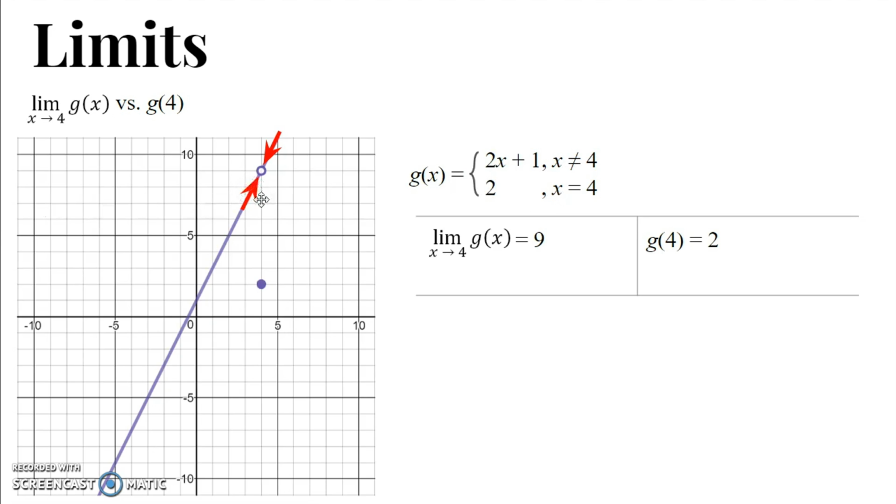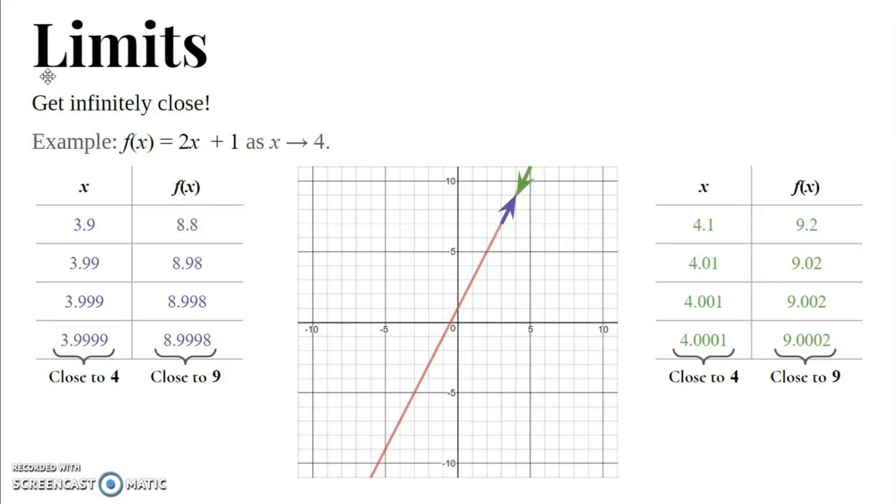As you can see in the graph, as x approaches 4, the limit of g of x is 9, but the value of g at x equals 4 is actually 2. So there is a difference between the limit of g of x and g at x equals 4. In limits, we want to get infinitely close. So let's take a look at the example f of x equals 2x plus 1 as x approaches 4